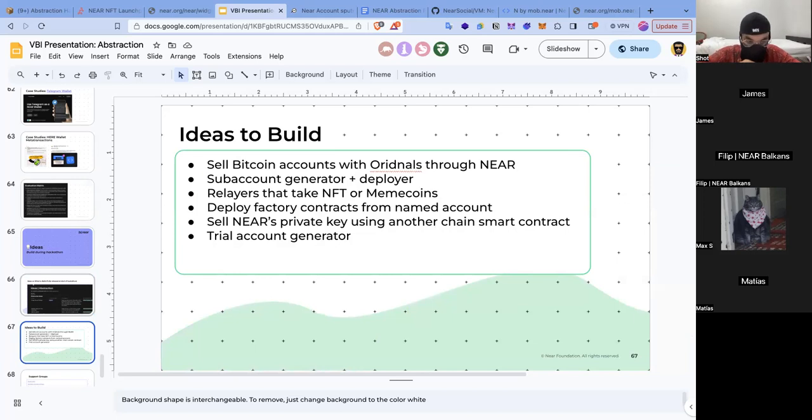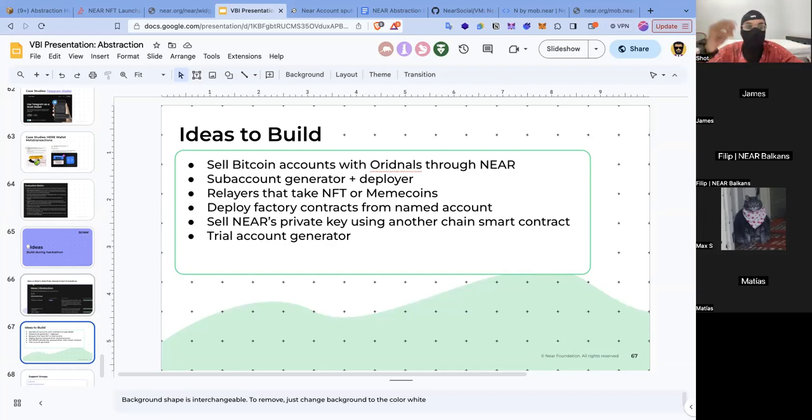With chain abstraction, there are a couple of things that are very complex, like setting up multi-chain meta transaction relayers where you're paying for NEAR on one side, and then you're paying in Bitcoin or whatever native gas for the blockchain that you're interacting with. What I want to see is a dumbed-down implementation of being able to transfer, like how we're transferring accounts on NamesGuy, whole Bitcoin accounts that have ordinals